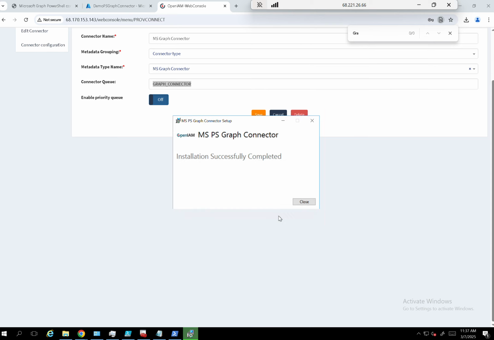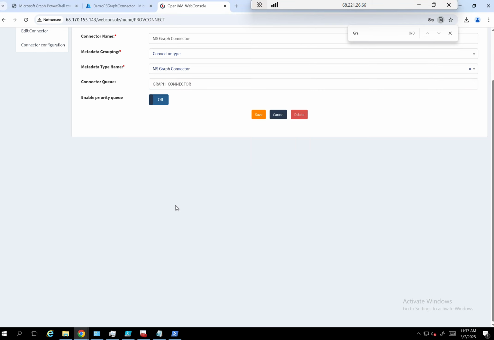Okay, so the connector is installed, and we can assume that everything should be fine,